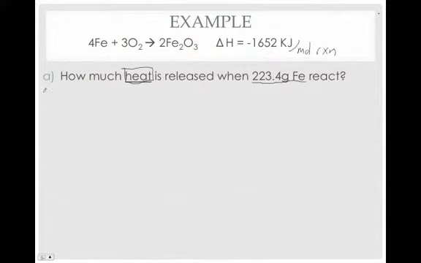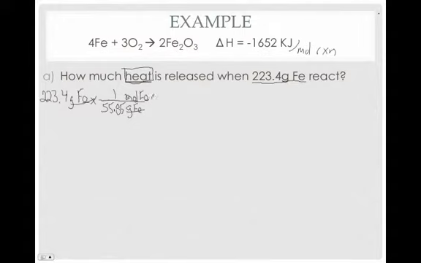So we're going to write down our given of 223.4 grams of iron, and we're going to follow it with a times sign and a line. We want grams of iron on the top, and because we need to change units, we know we need to go through the moles, so we're going to go to moles of iron. And we know that 1 mole of iron weighs 55.85 grams from the periodic table, and then grams of iron cancels out, and we are currently in moles of